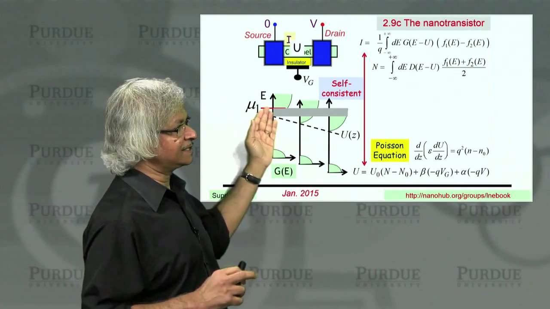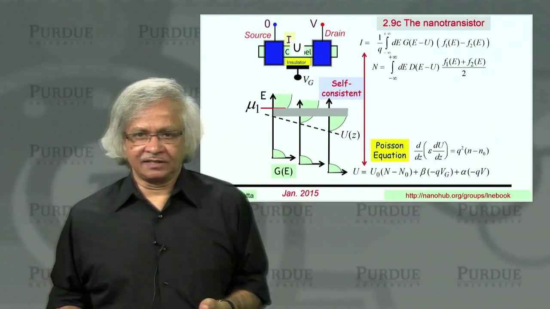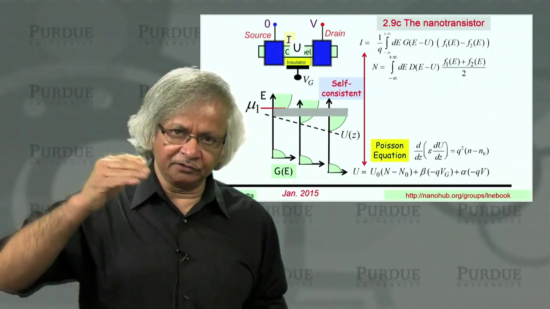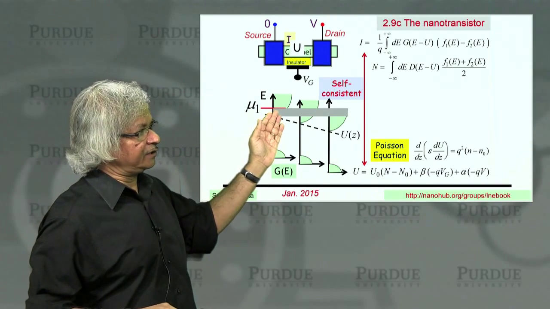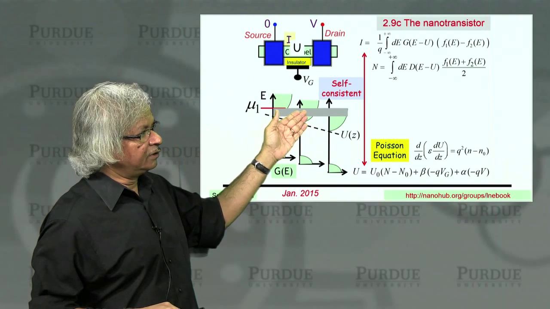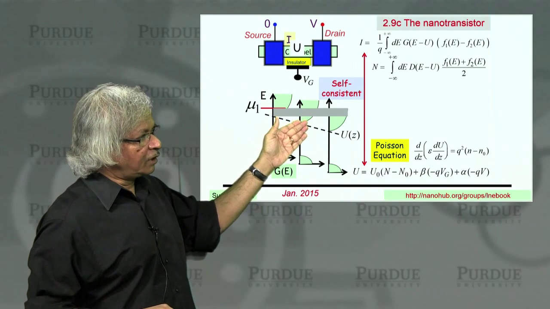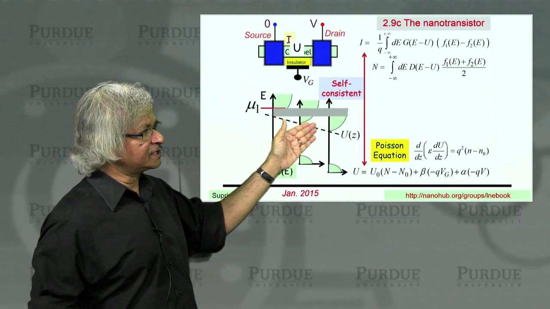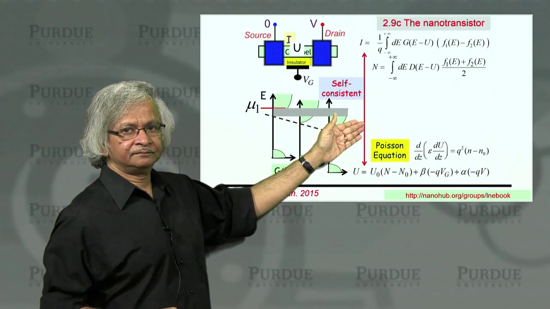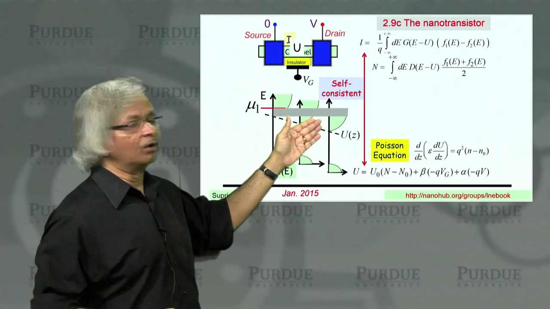Because in practice, the inelastic processes that allow an electron to relax will actually increase the current, because an electron from here will go down in energy, and once it's down here, it's kind of hard to get back to the source, so instead it will proceed on to the drain. See? So you'd get a lot more current.